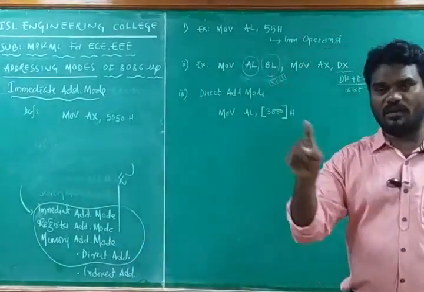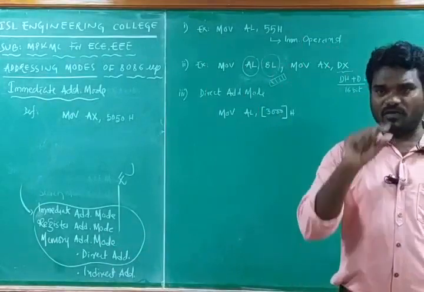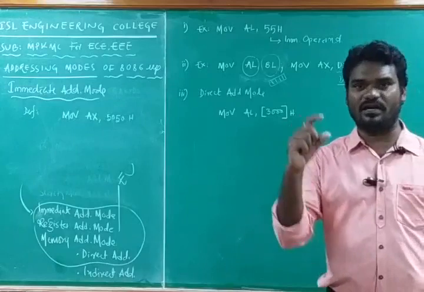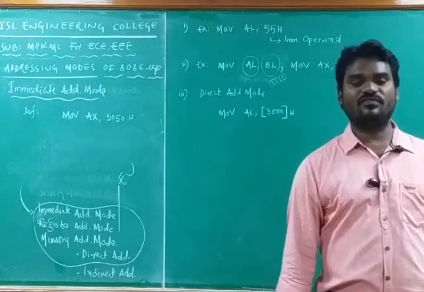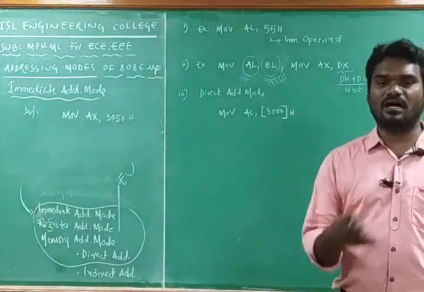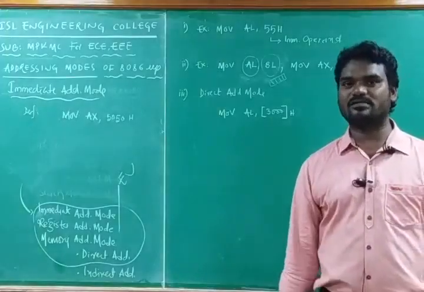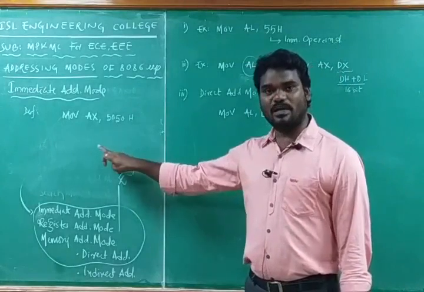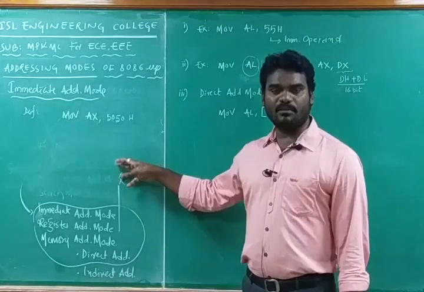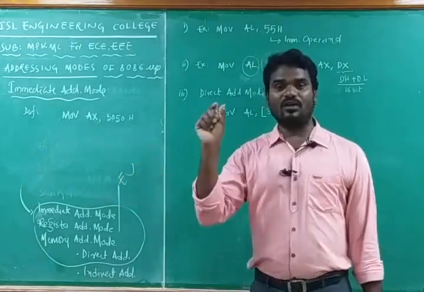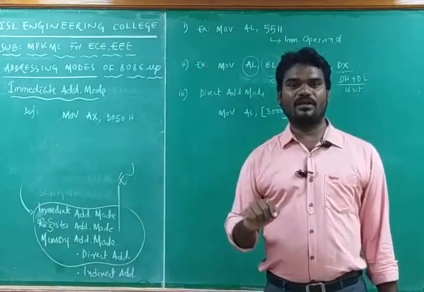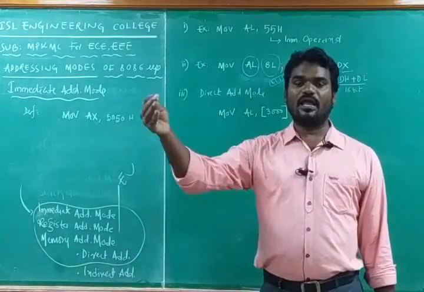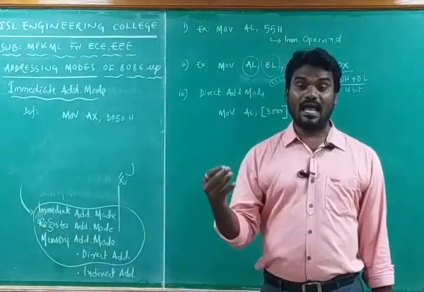we have the 1 megabyte of memory with memory locations, and each location is identified by a physical address. That physical address is a combination of offset address and segment address. The execution unit will give the offset address, whereas the bus interfacing unit will give the segment address. Both will define one physical address in the 1 megabyte of memory. From that physical address location, the 8086 microprocessor can access the operand.